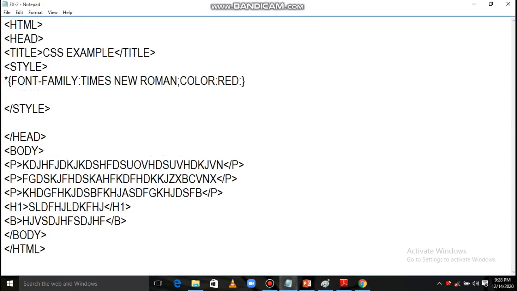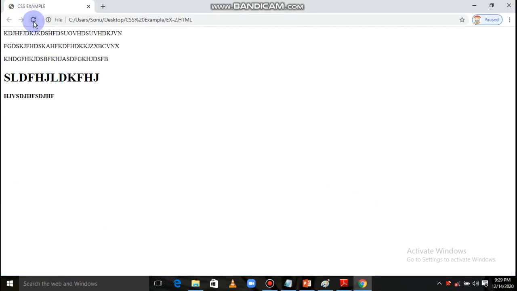Universal selector, here we decide color, font size 20px, font family. Wait a second, color red. Save, just see if the color appears or not. No, it will not appear.